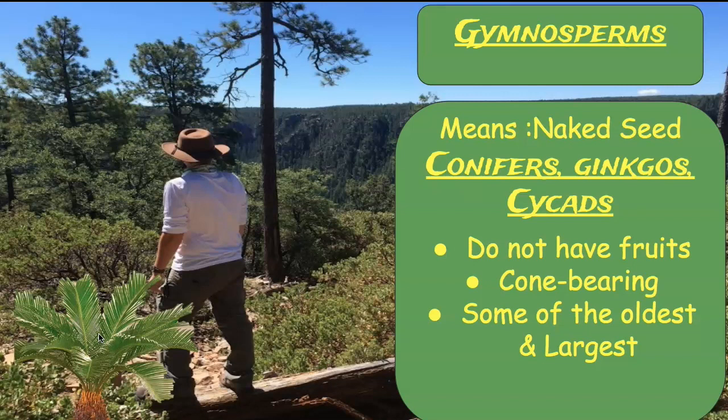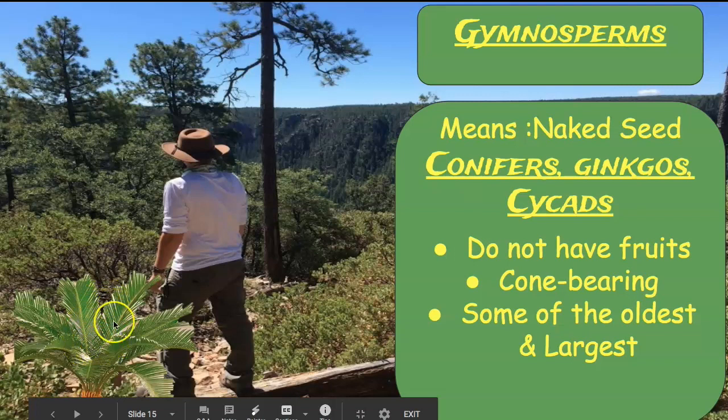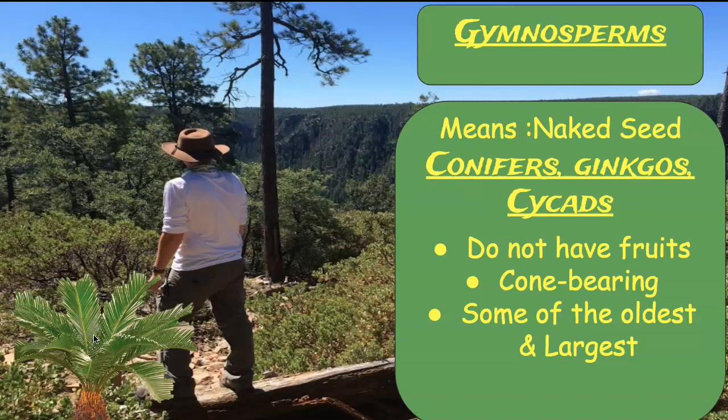And depending on what time of the year you go into Walmart or to Lowe's to see these, you might even be able to see that cone coming out at the top here. And so these are the cycads. We don't have a lot of species of cycads that are living today, in comparison to what used to be here. You can actually look back in the fossil record and you can see that there used to be giant cycads that lived a long, long time ago. There's a few of them still around. You can see some different videos online about them. But for the most part, you're going to see smaller ones today.